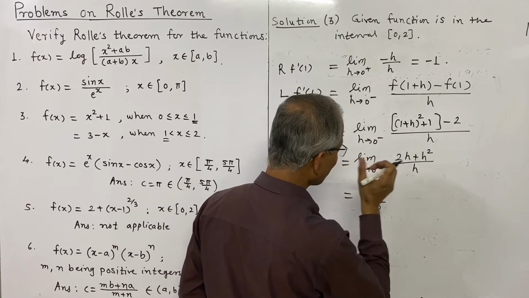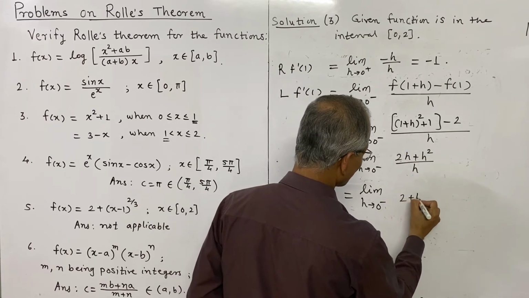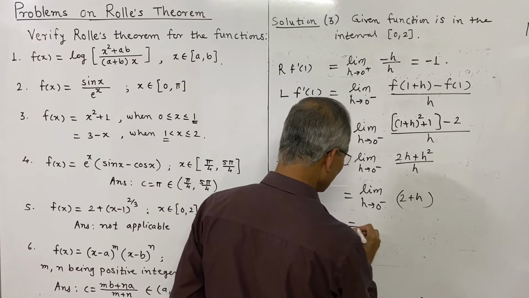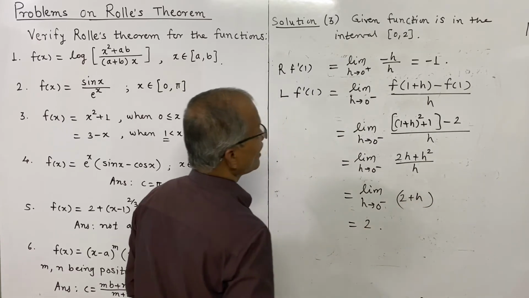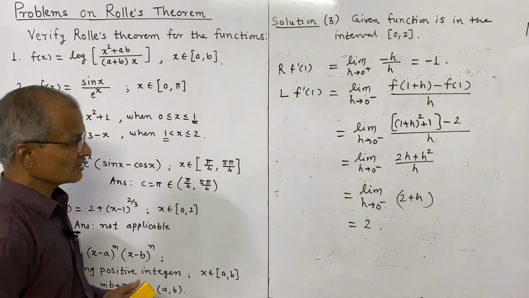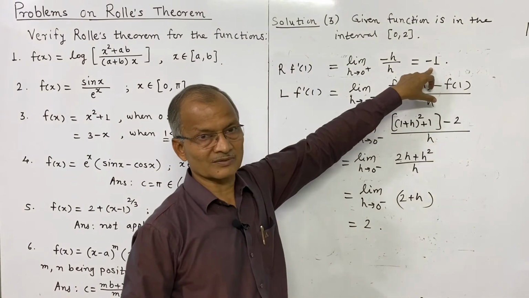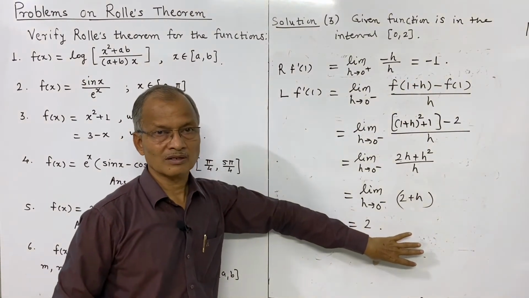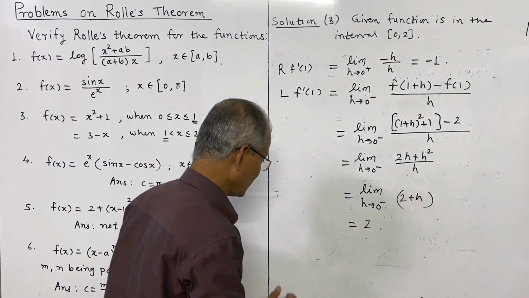After dividing both numerator and denominator by h, it remains 2 plus h, and as h goes to 0, this limit is 2. So the left hand derivative is 2 and the right hand derivative is minus 1. Are these equal? Certainly not. Minus 1 is not equal to 2, and therefore